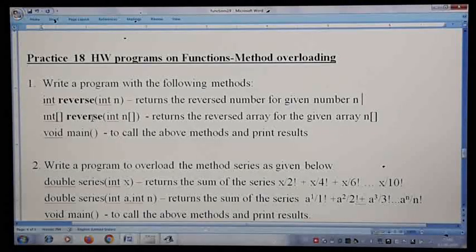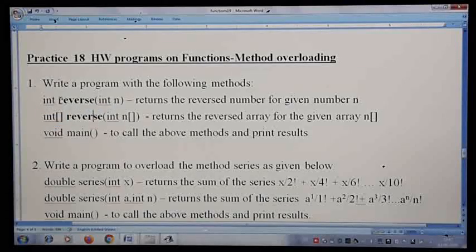The second one is the same reverse method, an overloaded method, but look at what argument it is taking. If you see here, int n and square bracket. So what I am passing is an array. Whatever array you pass, that array will be reversed, and the reversed array we are going to send back. If you see the return part of the method, int and there is a square bracket, it indicates that.